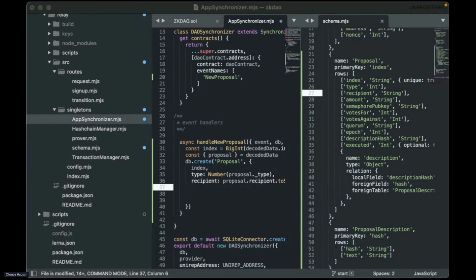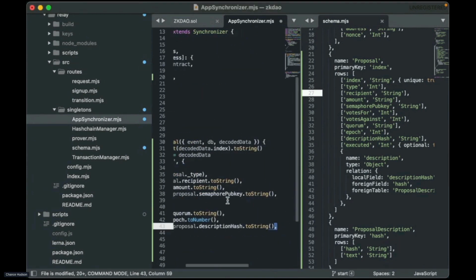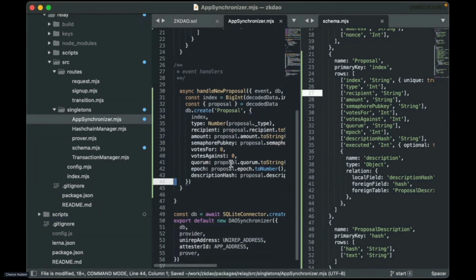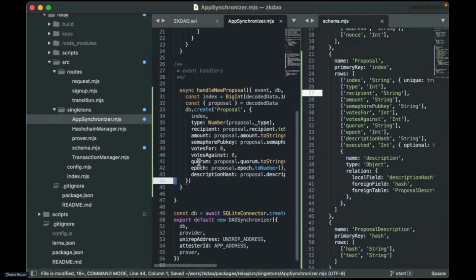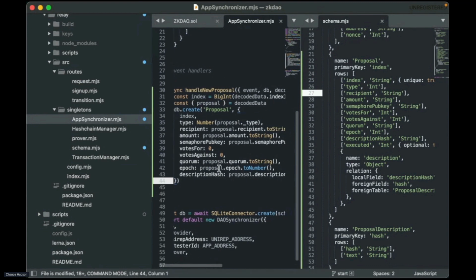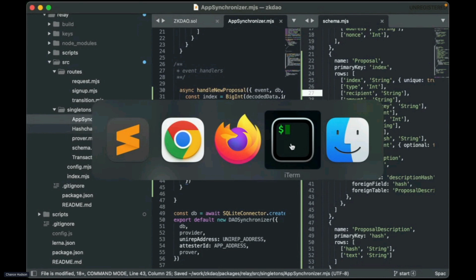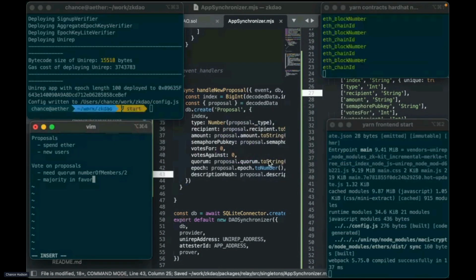I'm going to actually copy paste the rest because this is a little bit tedious. That's why I wrote the front end in advance, because writing front end stuff is super tedious. So basically, we just extract these values from the proposal, set the votes to 0 by default, and then stick it in the database. Okay. So this is a decent stopping point.